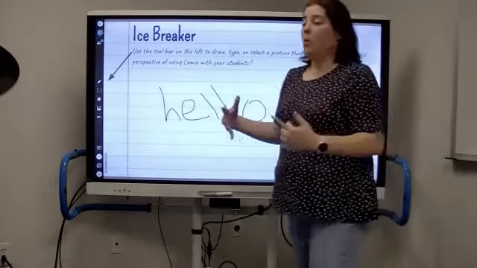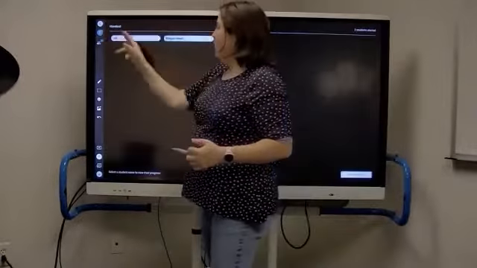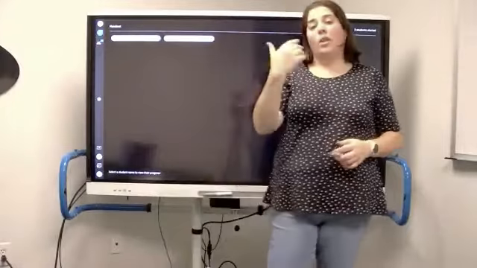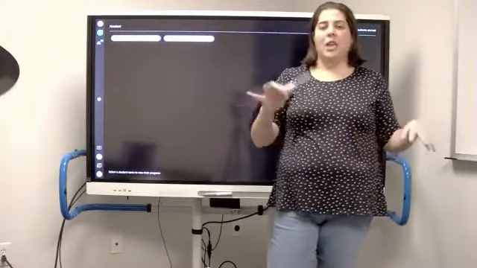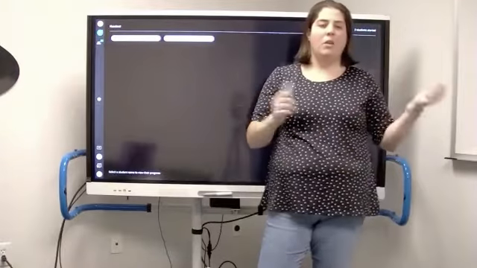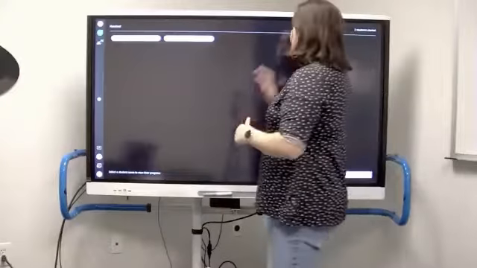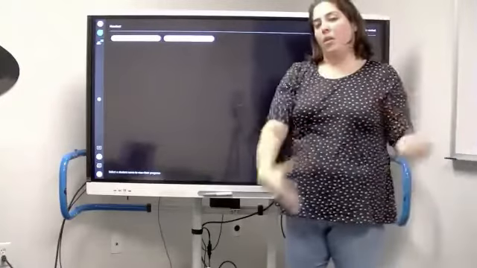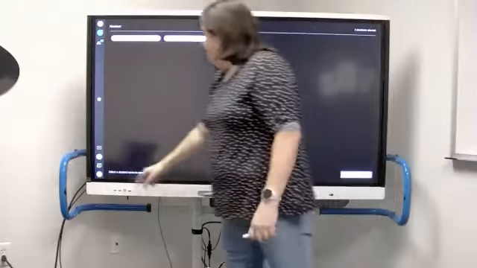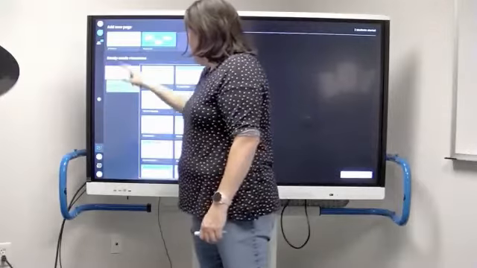Now on the board, you have to hit the back arrow to go between students. When you log in on the internet on your computer, you could actually get back a lot easier. You can go from student to student. So it will appear different on the board than it does on the computer, and we will look at that as well. So the next thing I'm going to do is we're actually going to do an activity called a